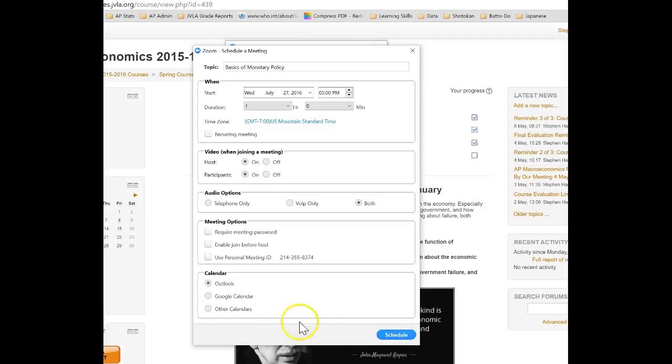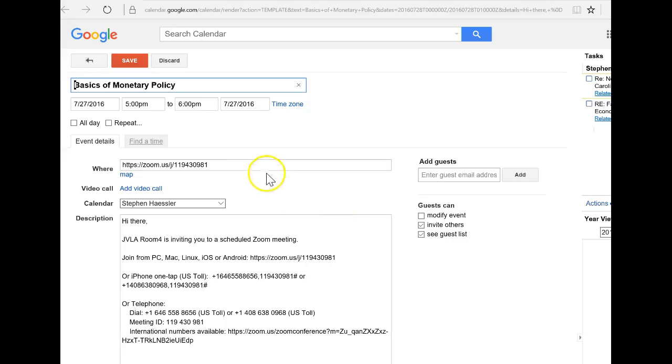So once these are selected, you can hit schedule, and then the calendar feature of either the Google Calendar or Outlook Calendar or some other calendar will pop up. Here's the meeting link in the Where feature of the Google Calendar. It's also reproduced right here. So I recommend we copy that link,